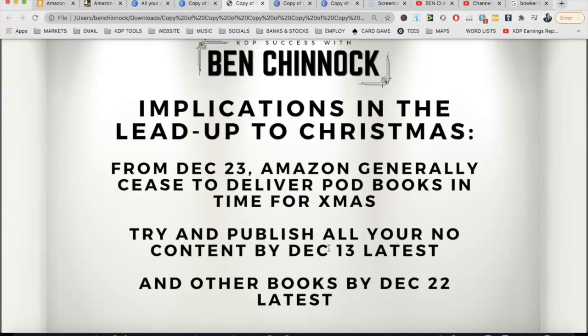So that's generally the cutoff, because people aren't going to buy your book if it comes after Christmas. They might do, but generally not to the levels that you've seen in the Q4 sales. So that's our cutoff time. So with the wait times taken into consideration, your low content books, so your notebooks, your journals, logbooks, and all that should be published by December the 13th latest. So that's literally within 3 weeks time or